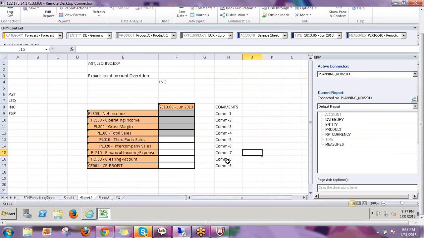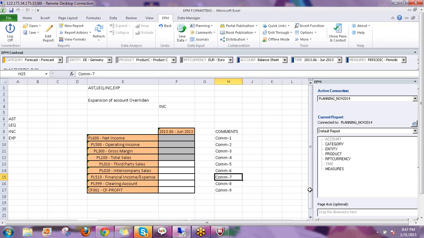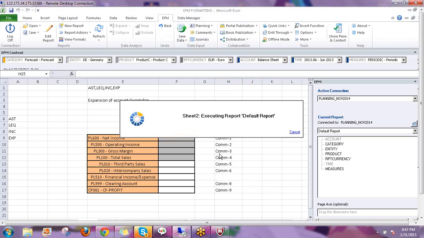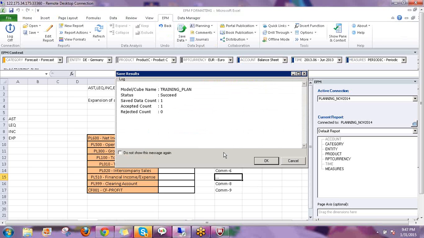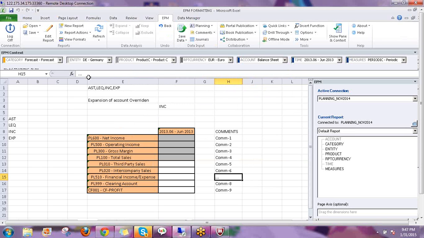Now I am deleting a comment from the front end. So I am deleting, say, comment 7. Delete and save. Press S. Now one comment has been deleted. Once we deleted, it is showing 3 dots here. Why is it showing 3 dots? Because if you go to